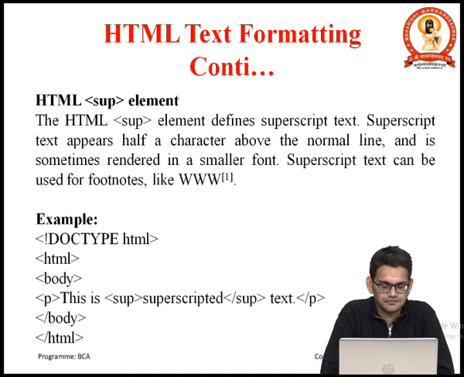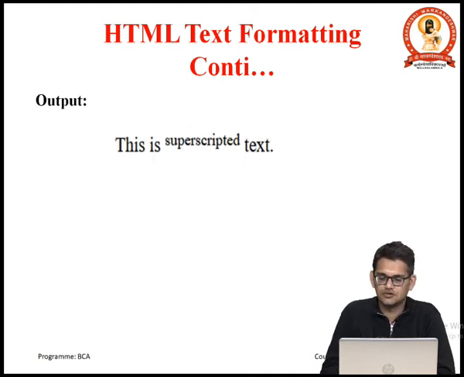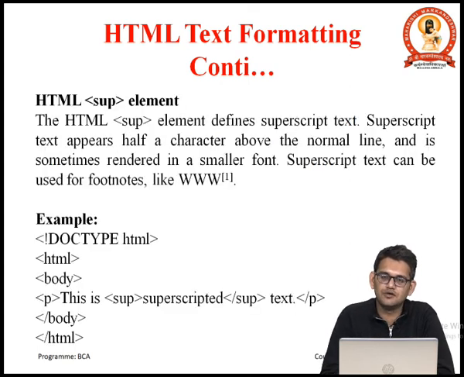Here you can see in the example, directly go to the body tag, you can see we have initialized a paragraph. So, this is superscript text. The word superscript would be put under the sup tags, and it would be closed. Now, let us see the example. You can see the superscript would be made on the top or in the power of is. You can see in the example that this is superscript on the top of the is, and it is the superscript tag. So, by following these syntaxes, we can use superscript and all the other formatting tags we have used within the HTML.